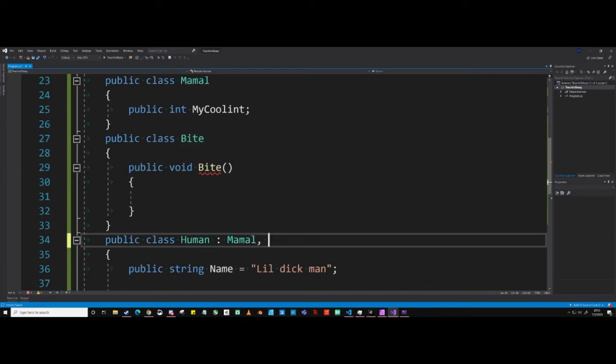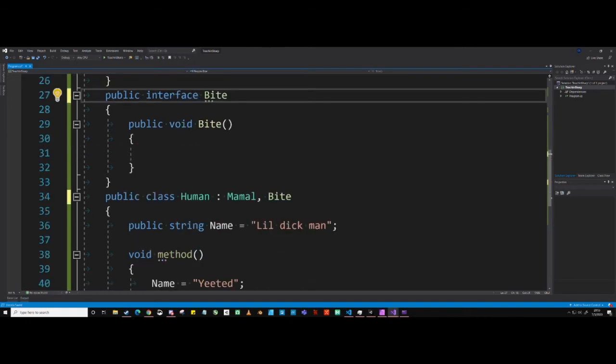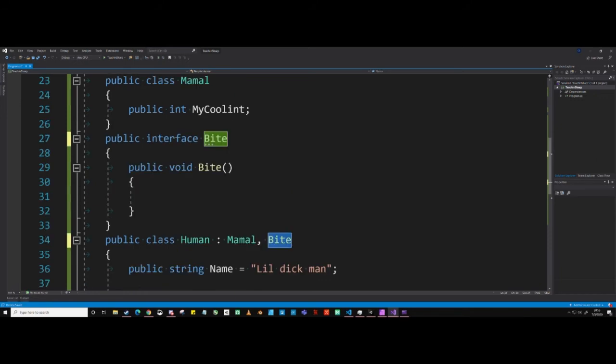Well, if you do this, you're going to notice that it gives you an error, because you can only derive from one class. You cannot derive from multiple classes. But you can also add extra functionality from interfaces. If you make them an interface instead of a class, this will allow you to add it. It won't give you an error, but then you have to come up here and